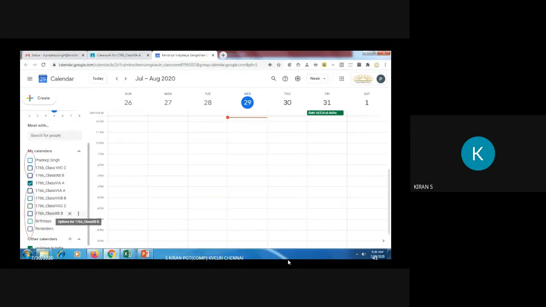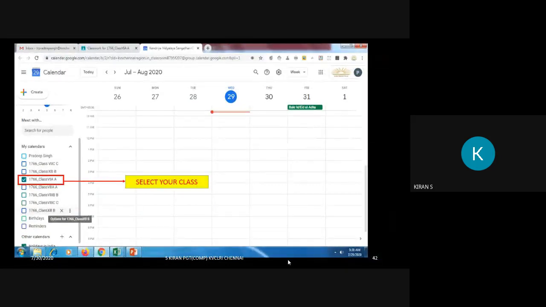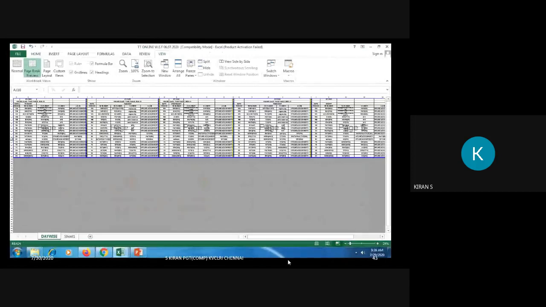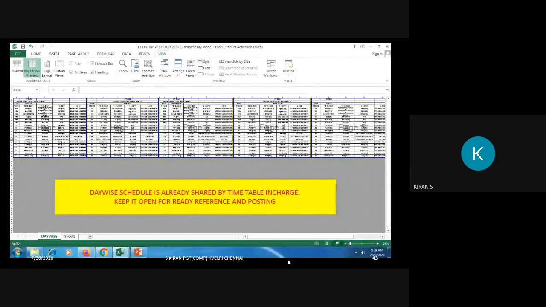Now just unselect or uncheck all the classes where you are a subject teacher. Select only the class where you are the class teacher. And keep this file which is shared by you ready for referring to it and posting the timetable in the calendar.